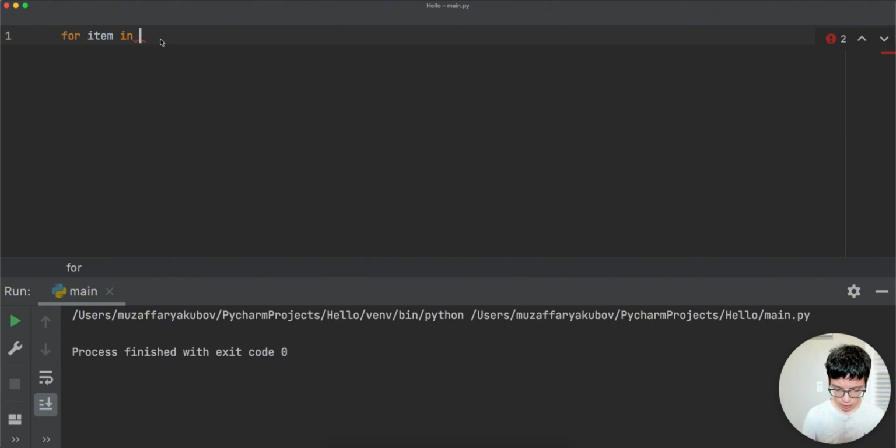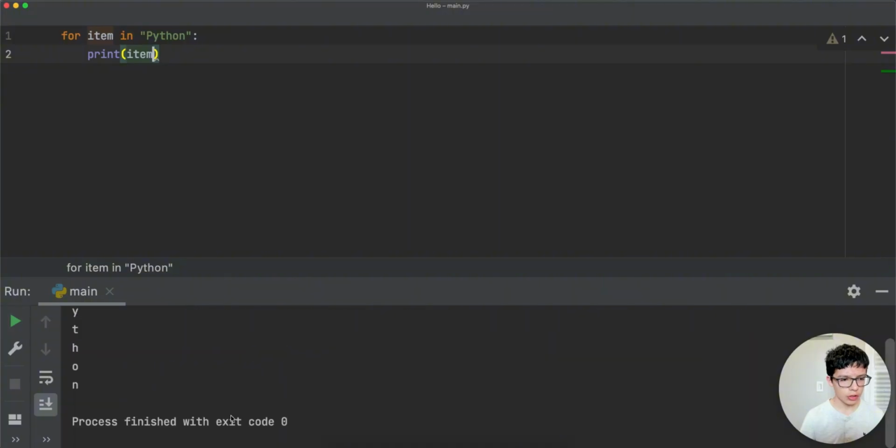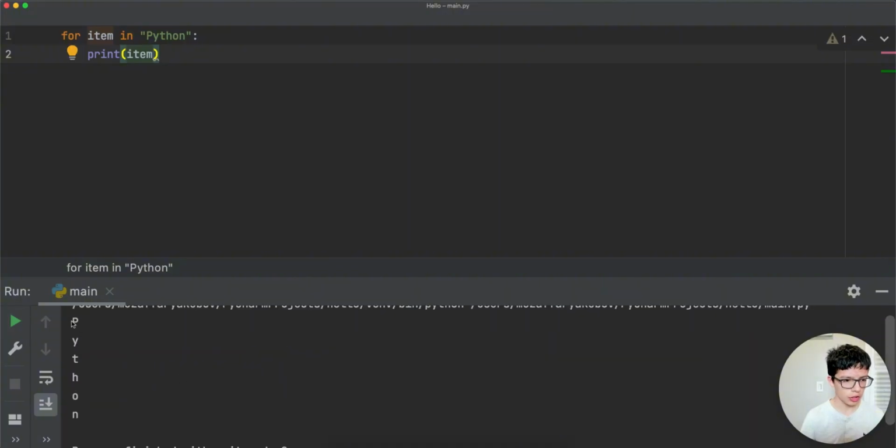Now, there are many ways that you can loop through in a for loop. For example, you can use strings. With strings, you can have it go through each character here, because technically, if you really think about it, strings are just a series of characters. So you can do print item, and after that, you can see a nice piece of code here, Python, written